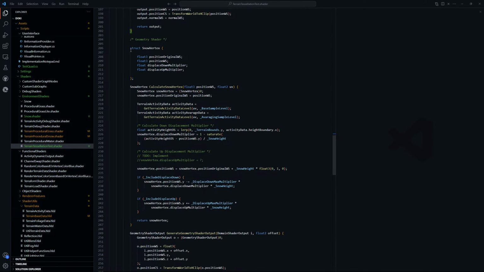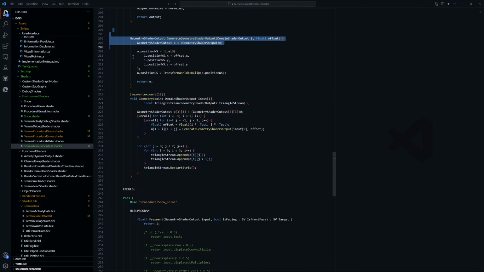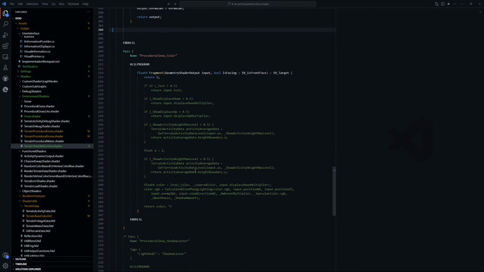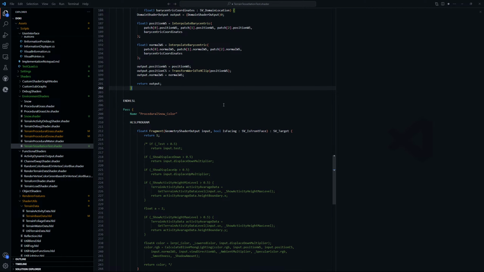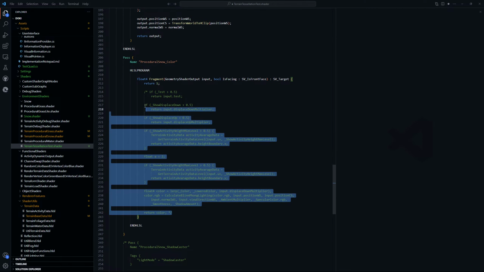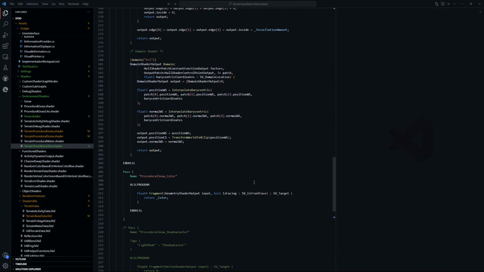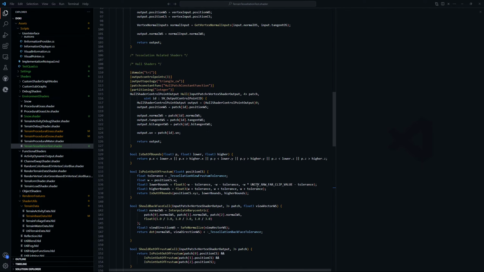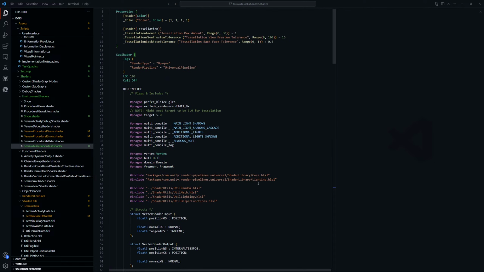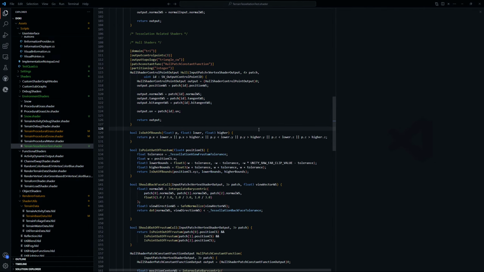Geometry shader. And then lastly, we have fragment. For now, in here, we're just gonna do color. Okay. Very nice, basic terrain tessellation test shader. Let's